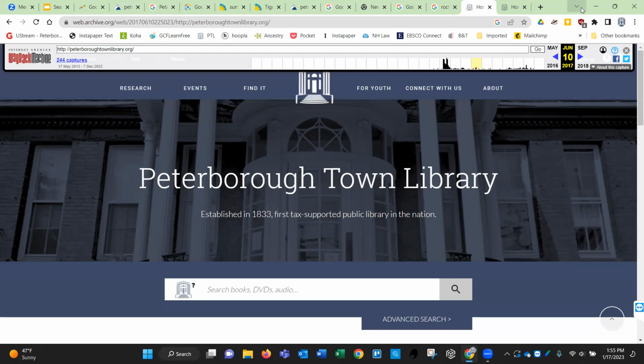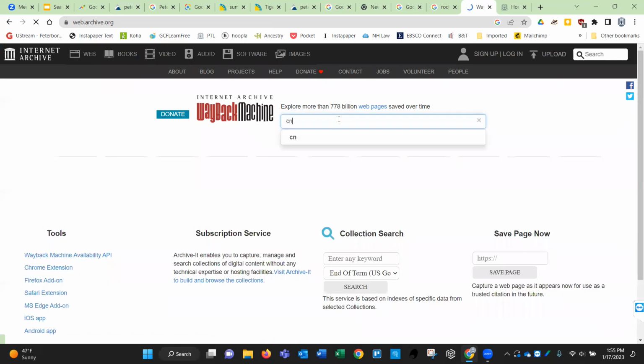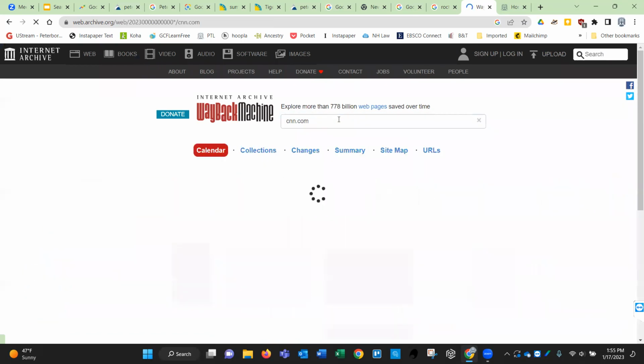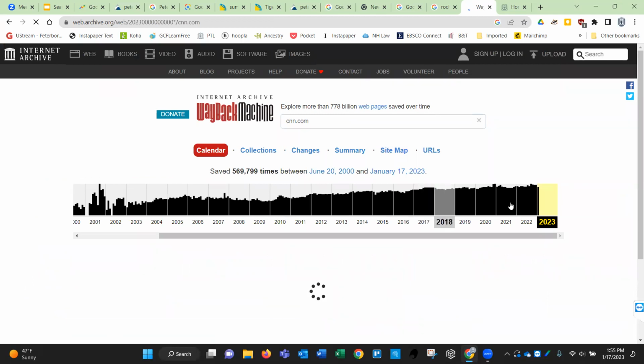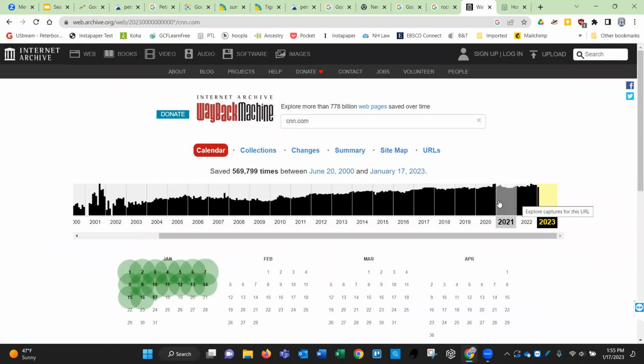So it's kind of based on individuals. It's not really a set program, but for example, if you go to CNN.com, you will see that there are far more backups. And this is because people want more backups and also people request more backups.